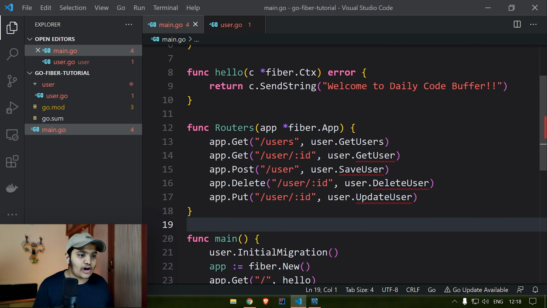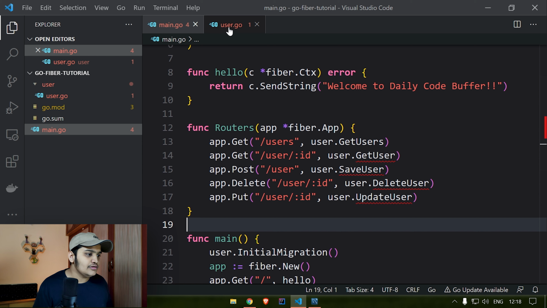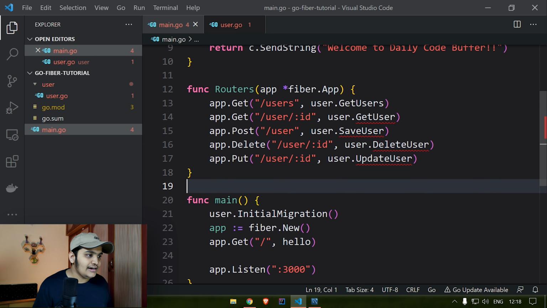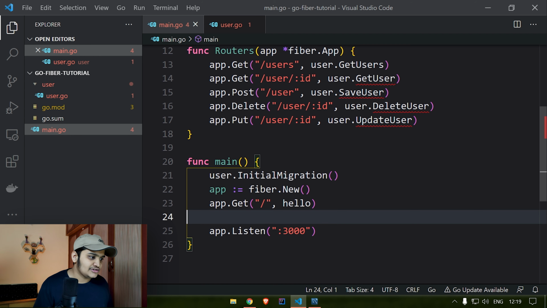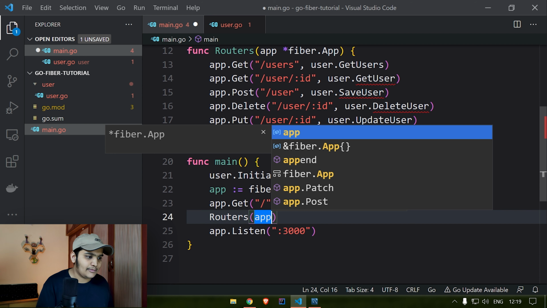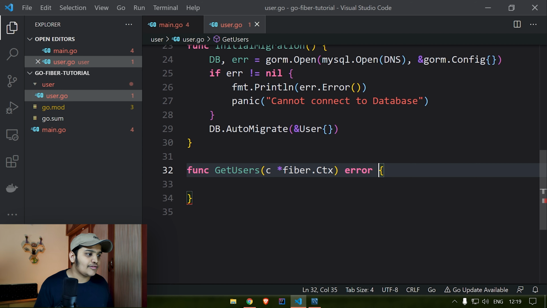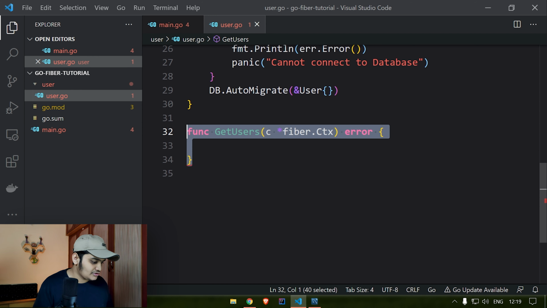Okay, now we need to create all these particular methods in the user.go file and complete the implementation. Before that, we need to call these routers from our main method. So we'll call routers and pass app over here. Now let's go to the user.go file and create the different functions. Let me just copy this.